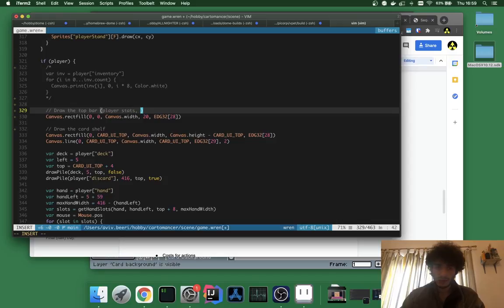Player stats, menu button, tabs. Because I can basically have little pop-up windows up there for viewing stuff, maybe. As well as the eventual exit menu, maybe. So,